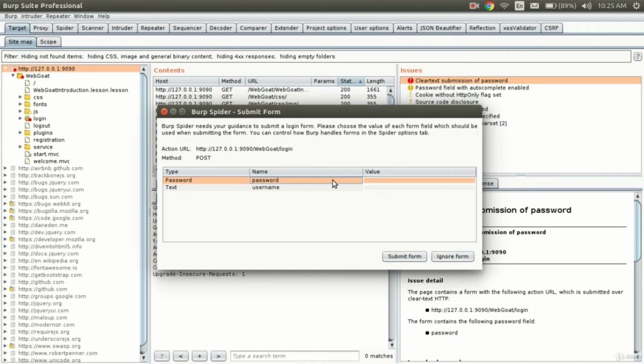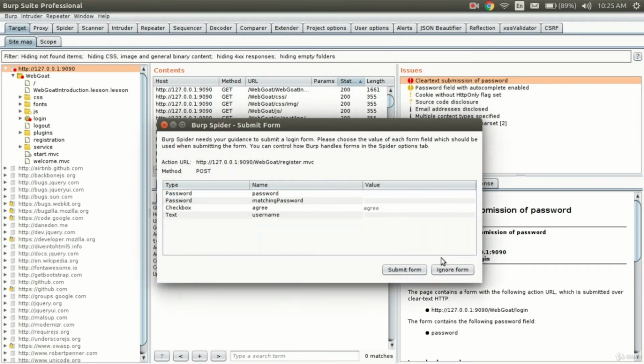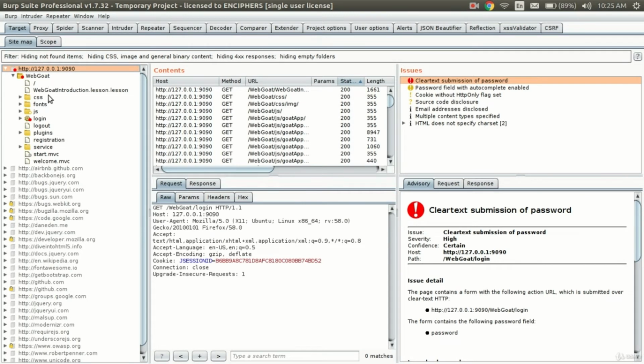Since it is crawling the website, there will be many different HTML forms that come up. It can be the login form, registration form, any application based feature. You can just ignore the forms for now. I will show you how to handle them later. Just ignore it for now and see it will keep increasing.